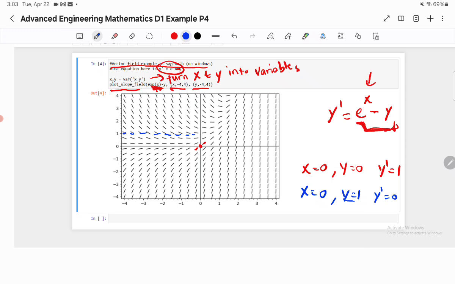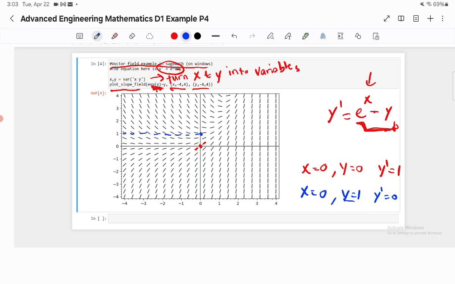And notice that, right about here, you can see that it's very close to being perfectly flat, as it should be. If I hit it right on that point, the slope would be 0, right? So this verifies for us that this in fact is a reasonable slope field